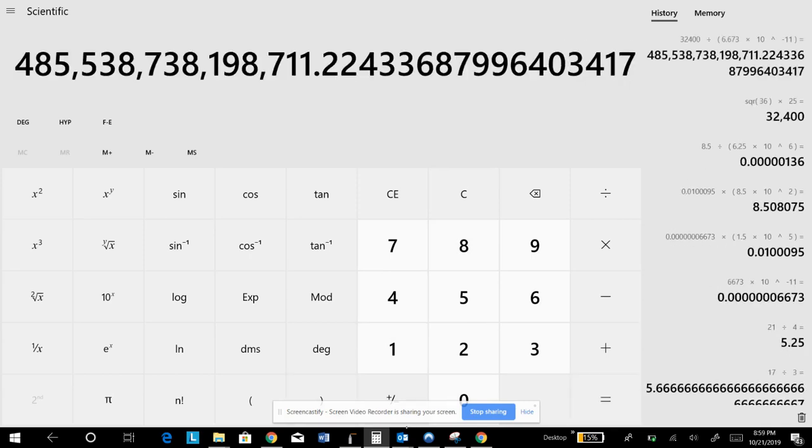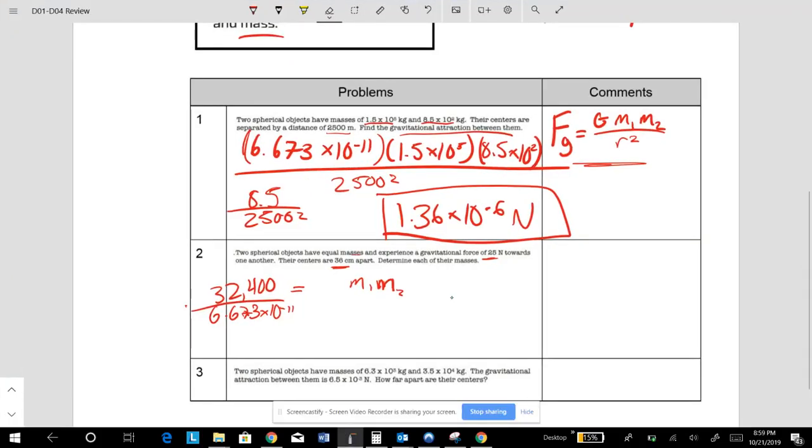And my answer should be my decimal points right here. So I'm going to go 1, 2, 3, 4, 5, 6, 7, 8, 9, 10, 11, 12, 13, 14. I'm going to say 4.86 times 10 to the 14th. So if I go here, my answer should be 4.86 times 10 to the 15th